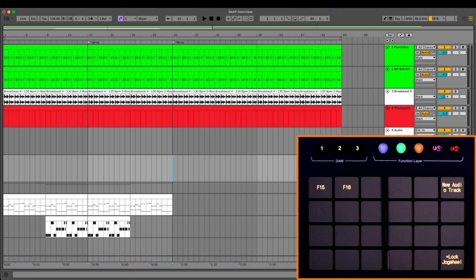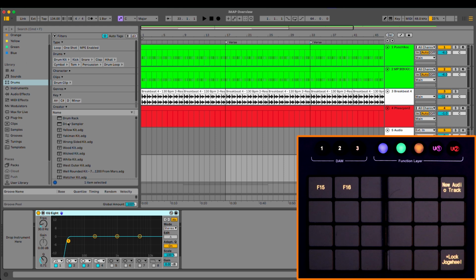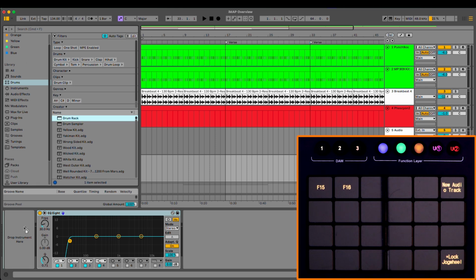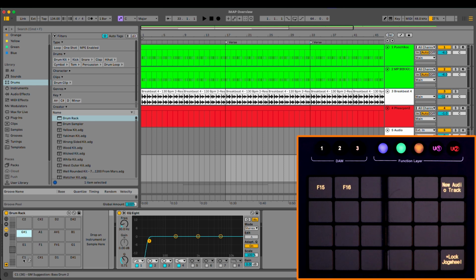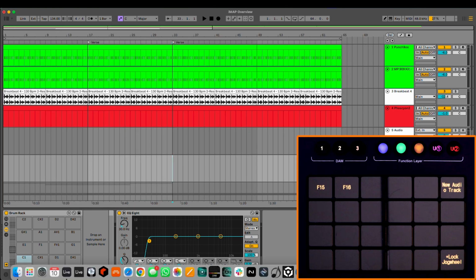So for this track, what I'm gonna do is just drag in a default Ableton drum rack really quick. So this one doesn't have any sounds in it, but this is just for the purpose of this example. I could of course drag in a specific drum kit, but what I wanna show here in iMAP is if we go back,